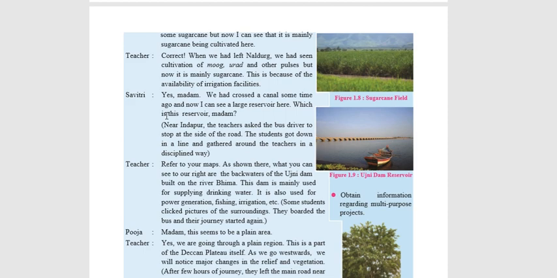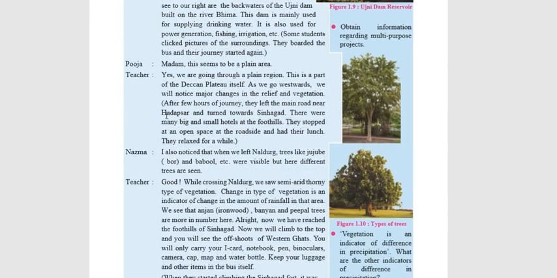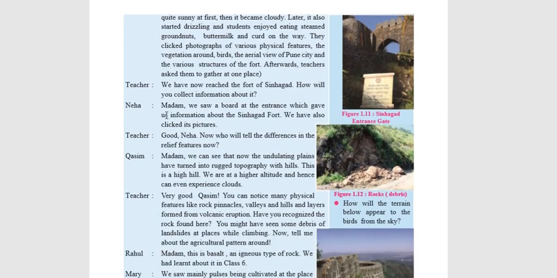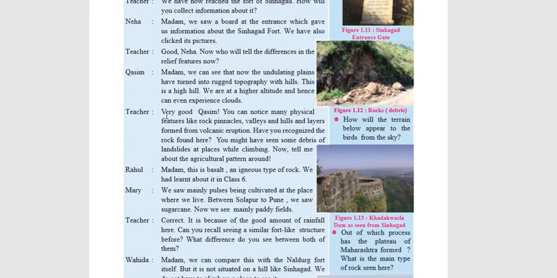The students come across the Ujni Dam on river Bhima and a reservoir of the Khadakwasla Dam. They are used for power generation, fishing, irrigation, and supplying drinking water to the areas around. Students also visited the forts Naldurg, Sinhagad, and Alibag, which are the heritage of our state. They observe that Fort Sinhagad is on a hill, Naldurg is on land, and Alibag Fort was constructed on water.